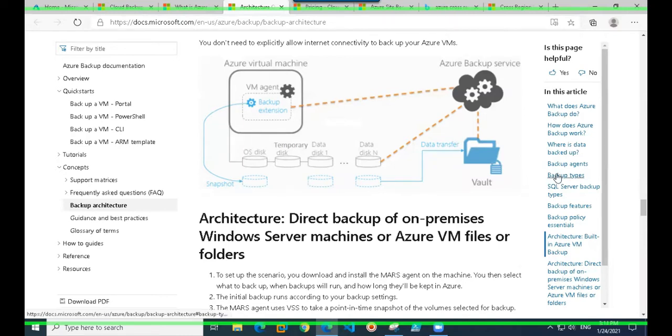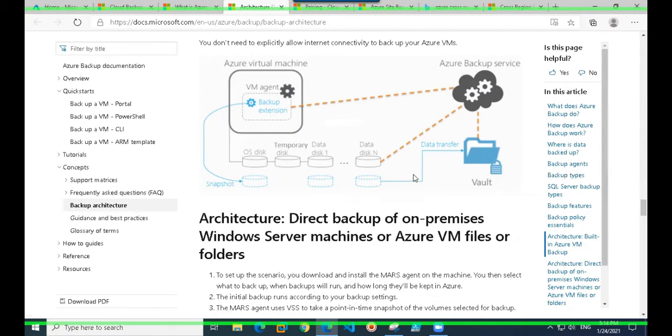Until this snapshot is replicated to your vault, you won't see the recovery point. You would see there is a snapshot, but you won't see the recovery point. The recovery point would be created once that snapshot is completely transferred to the recovery services vault.